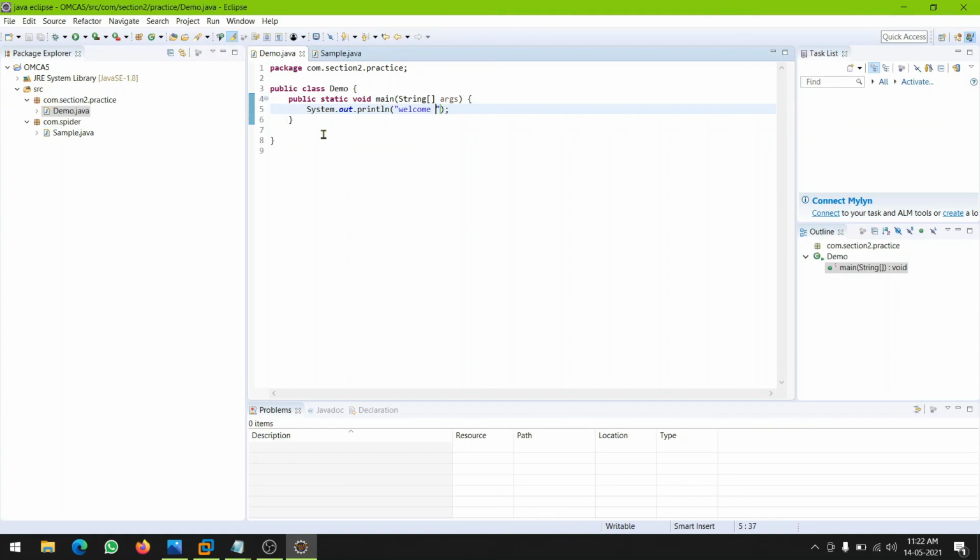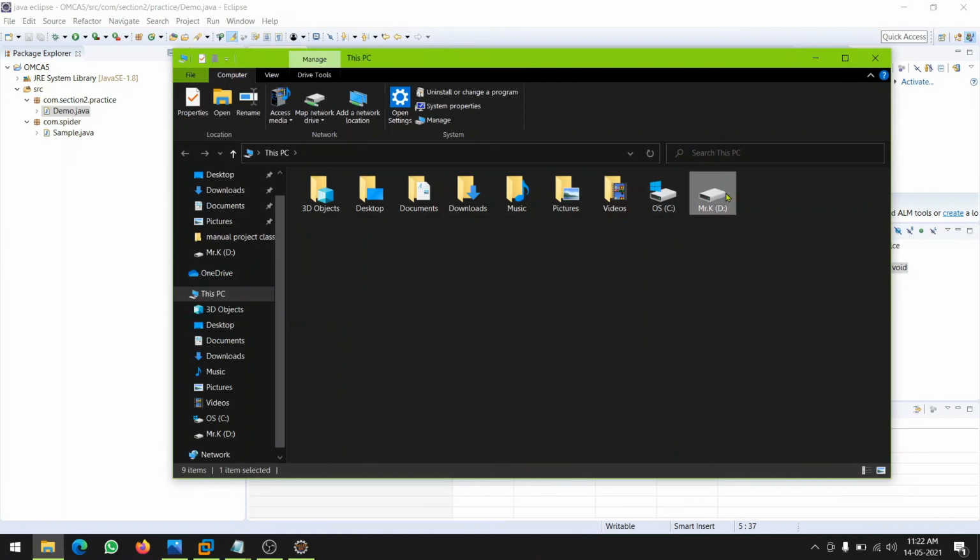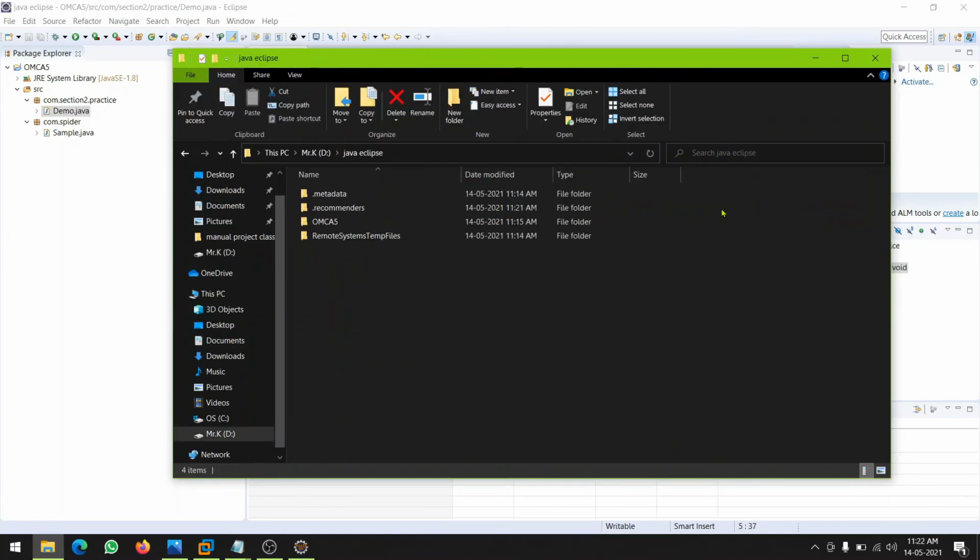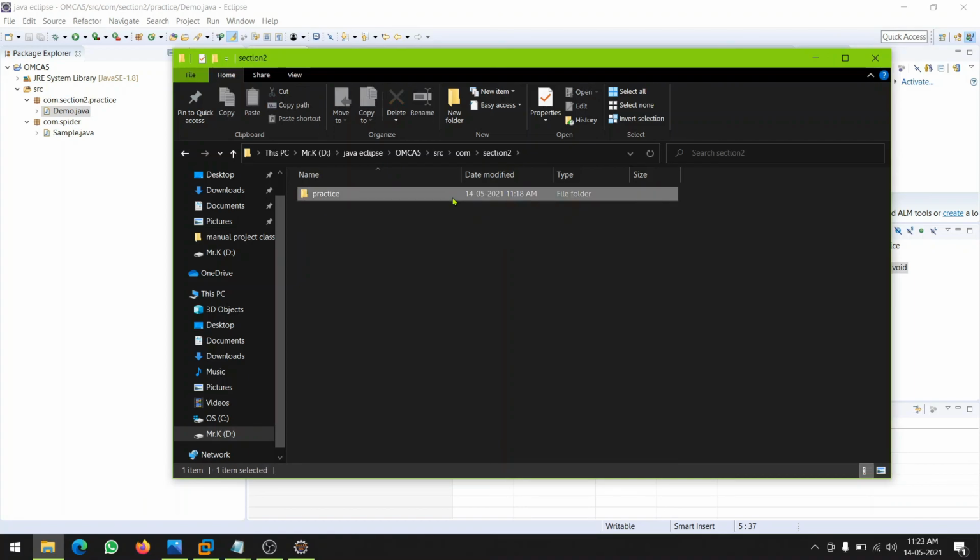So this file has to be shown inside the com.section2.practice folder. Open your This PC, and inside that Java Eclipse, OMCA5 project name, src, your source code, com dot section2 dot practice. Inside this practice we have the demo dot java file.